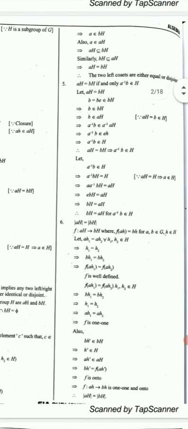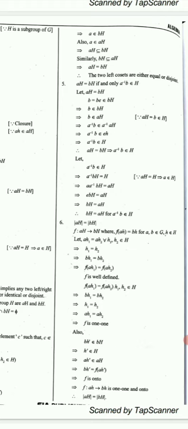Now, fifth property: ah equal to bh if and only if a inverse b belongs to h. This is very, very important, also from the exam and entrance point of view. What is that? ah equal to bh if and only if a inverse b belongs to h. This is a very, very important condition. Now see, let the first condition be: let ah equal to bh, we have to prove that a inverse